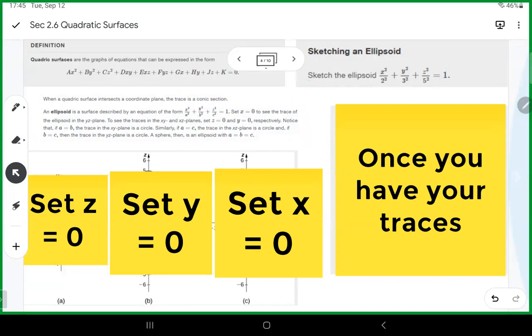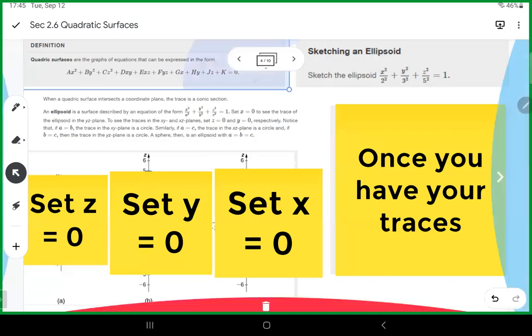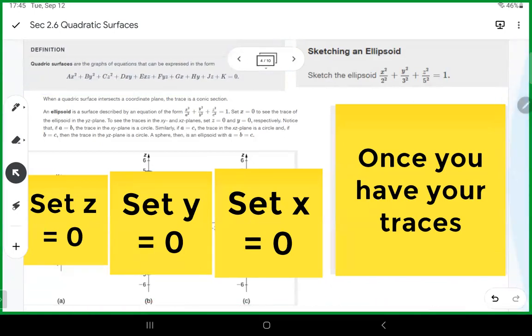So, we're dealing with this definition of quadratic surfaces: they are the graphs of equations that can be expressed in the following form. You're always going to have ax squared plus by squared plus cz squared, and then it's just going to keep going. You can have zeros for a bunch of those. You can have some of them included and some of them not. So it's quite the lengthy formula to sit there and memorize, but it has a pattern, so you should be good to go. Sketching an ellipsoid is our next